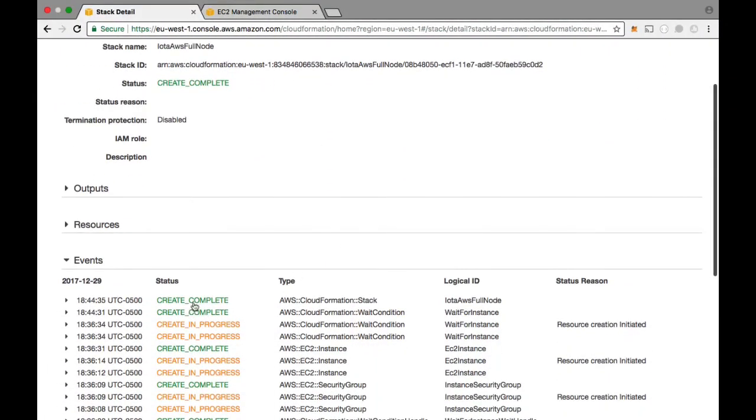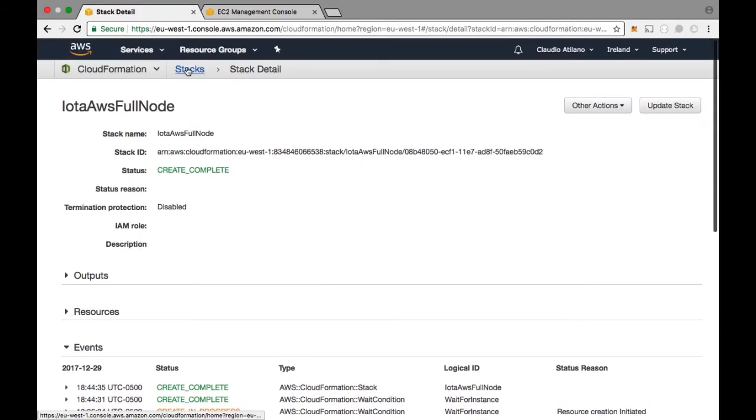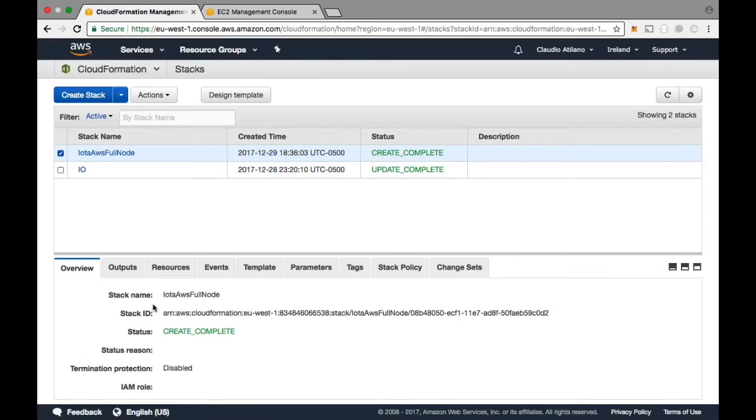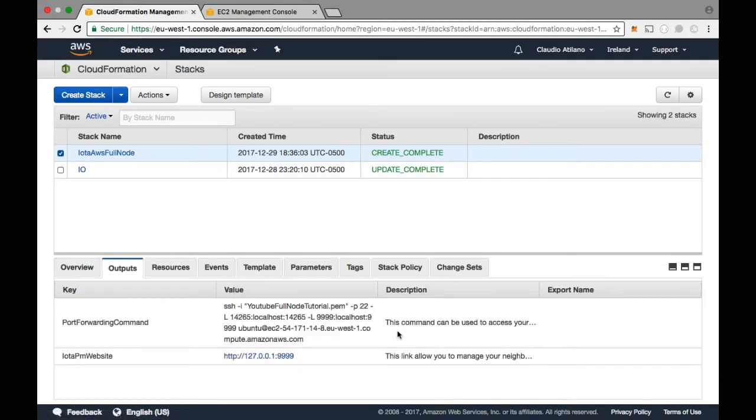So yeah, the creation is complete. Let's go back to stacks and check out the outputs. Okay, it says this command can be used to access your IOTA node. So we're going to get this command, and then we're going to be able to have access to